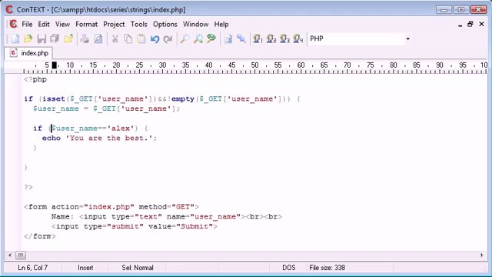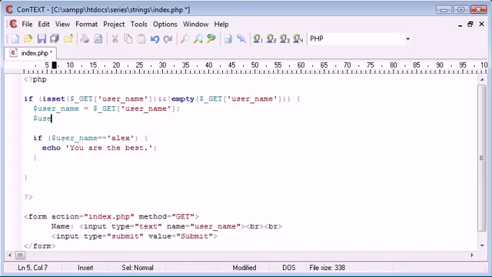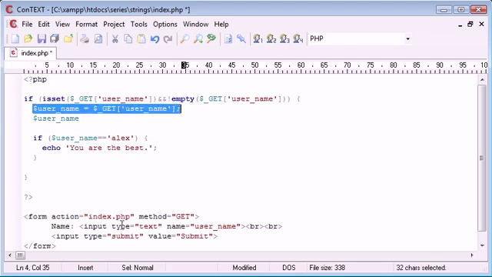So the simple solution is to create a new variable. Don't convert this username variable, because if you need to use it later on or store it, you want to store it the same way the user has typed it in, but you want to use a comparison in your lowercase version. So you want to create a new variable for this. So username, I'm going to say LC for lowercase, equals